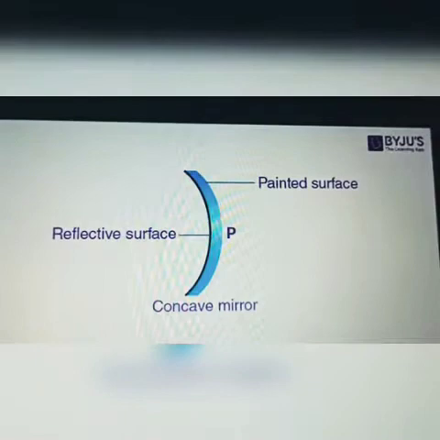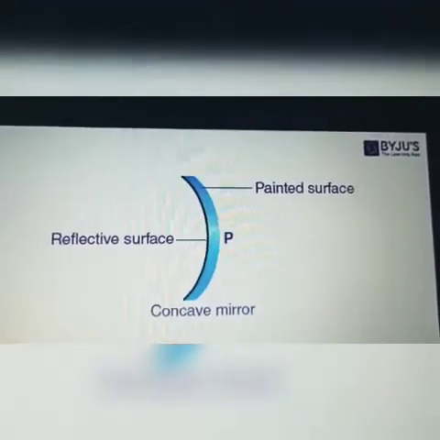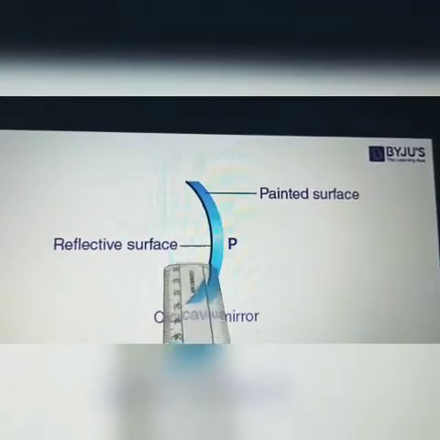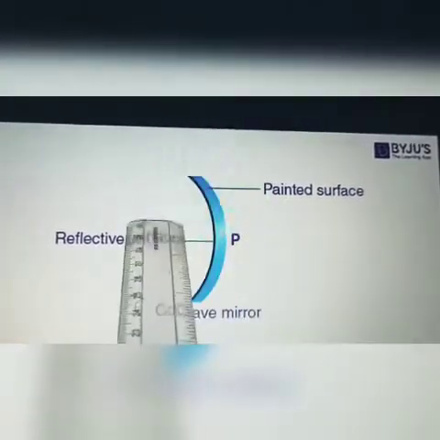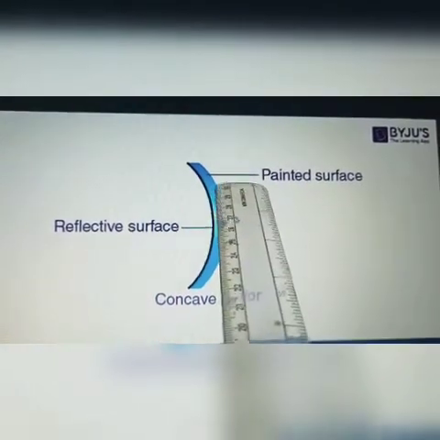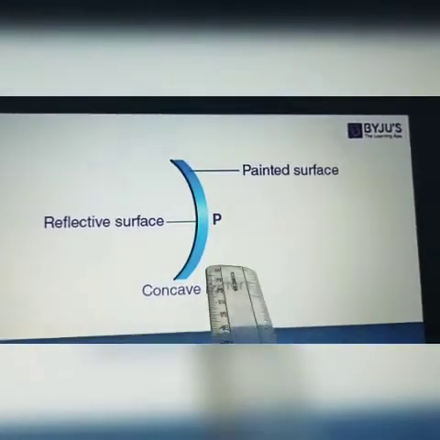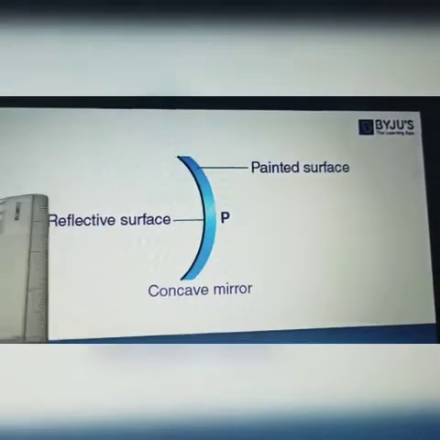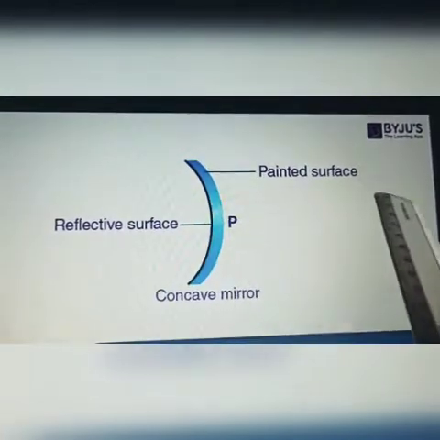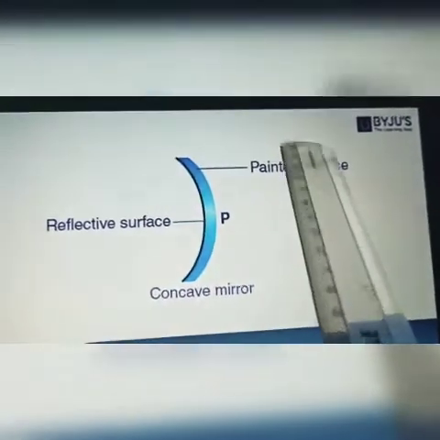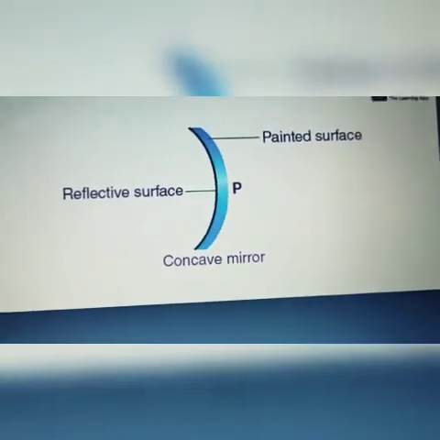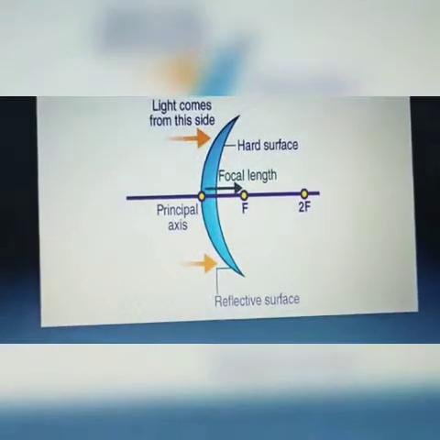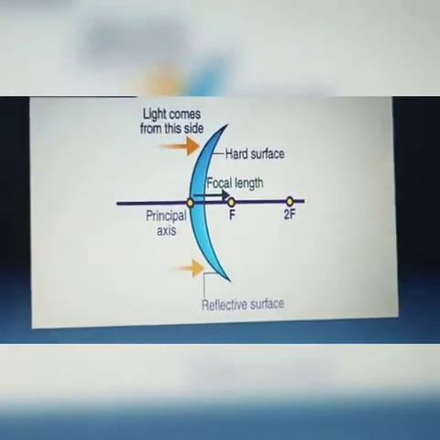let's go back once and you see here again. This is a concave mirror, and this is reflective. This was a reflective surface, and this means the light will come from here, and this is a painted surface. So this surface is painted because the light rays coming from this side don't pass through it. If some of the rays pass through the mirror, this painted surface doesn't allow them to pass on. Okay, clear with this? If you have any queries till now, you can ask me.